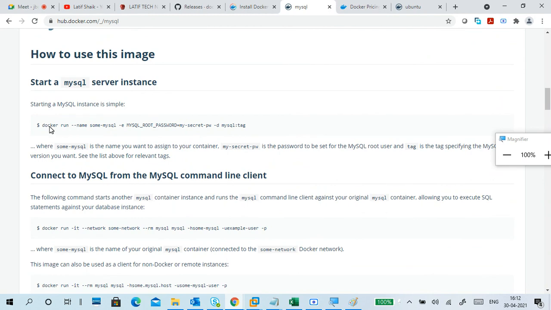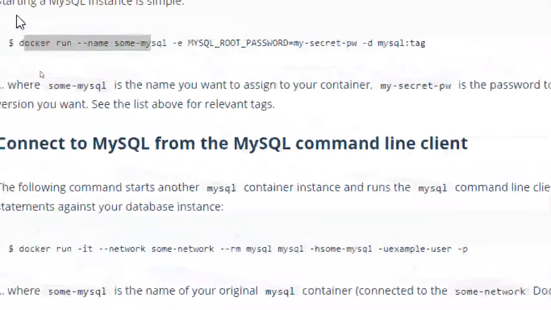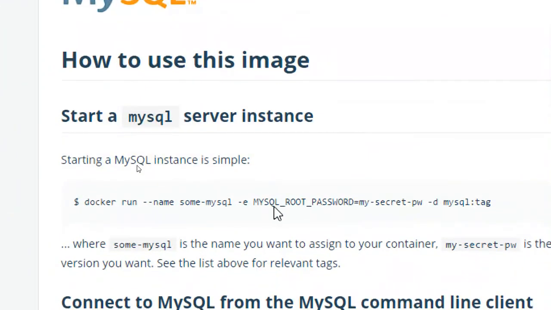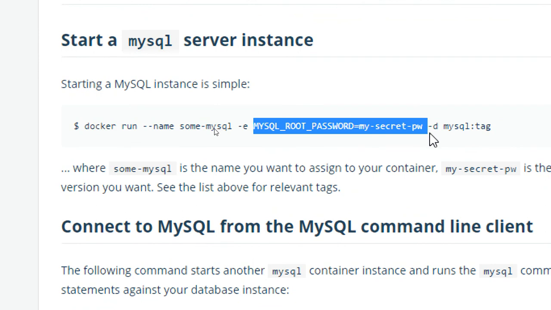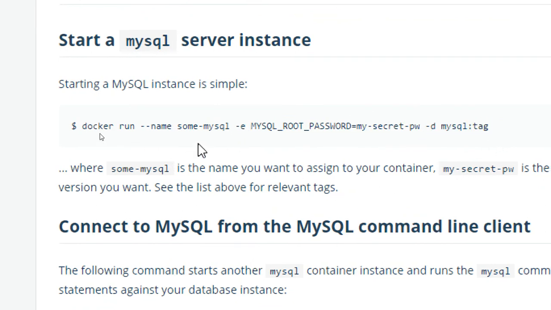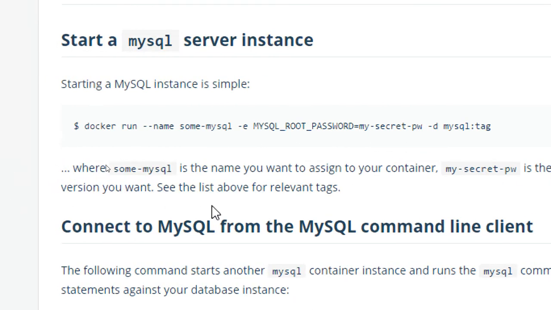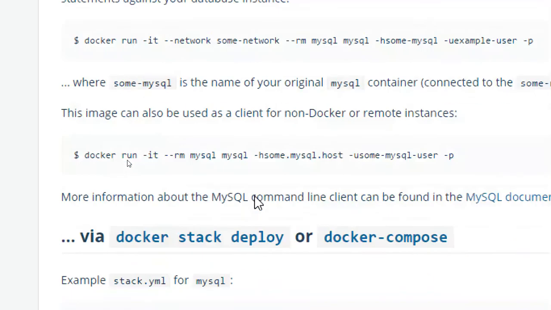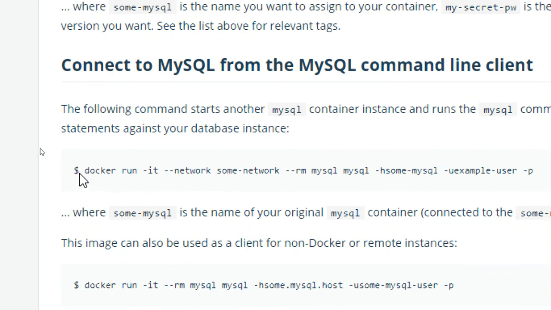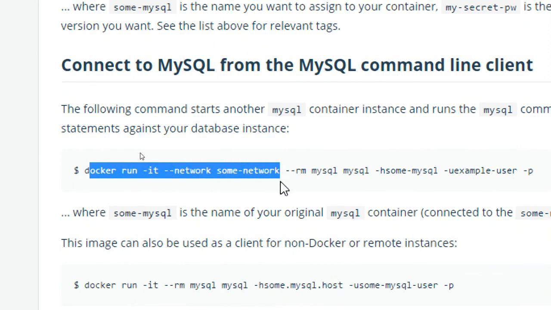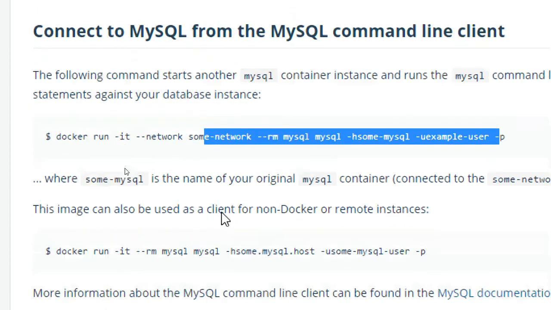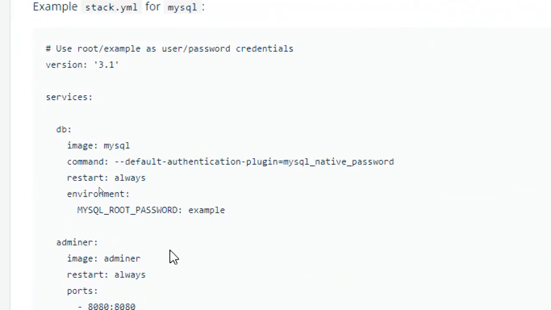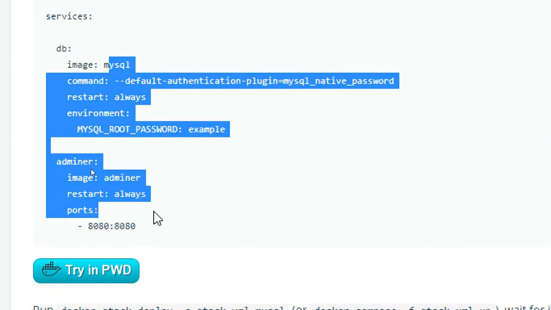So this is docker run --name some-mysql, can you see this one? -e MYSQL_ROOT_PASSWORD=my-secret-pw -d mysql:tag. Here some-mysql is the name you assign to your container. You can specify the container name when you are running it, like this, and then connecting, using, and adding creates a command like this.